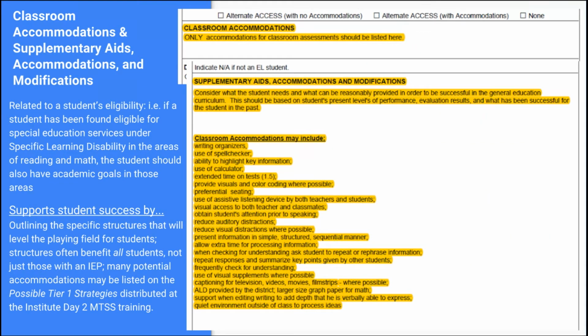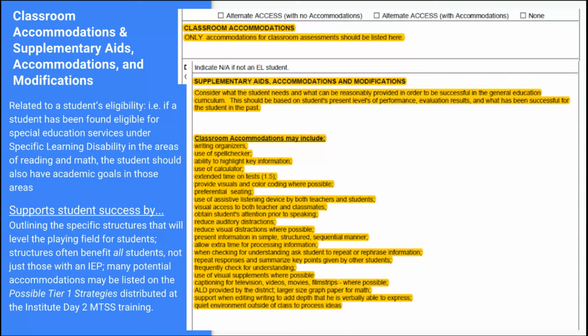The information located in the classroom accommodations and supplementary aids, accommodations and modifications sections specifies the accommodations and modifications that a student is afforded. Many are commonly utilized accommodations, but some may be written in vague language. This has a purpose, in that the accommodations need to be applied across contents and levels of curriculum. Writing the accommodation in more general terms allows the general education teacher and case manager to collaboratively determine the accommodation needed for the student to access instruction and demonstrate their learning.